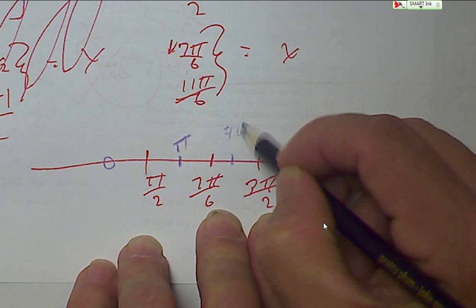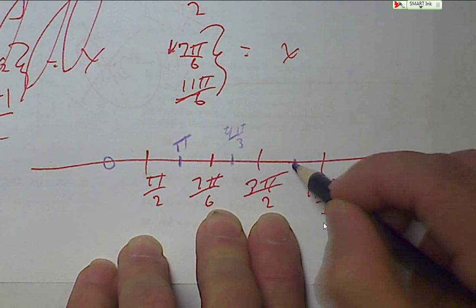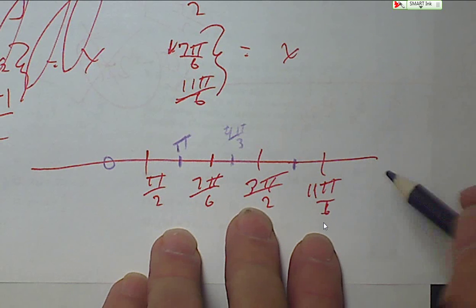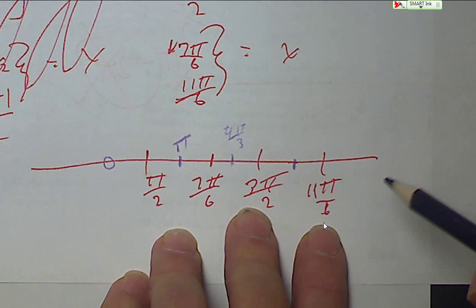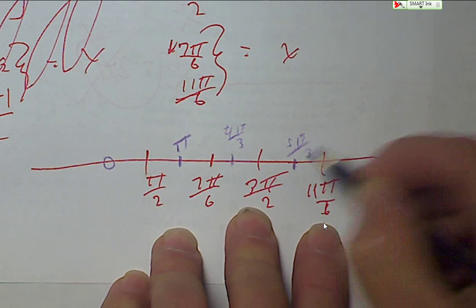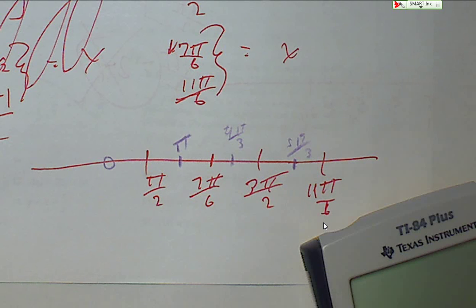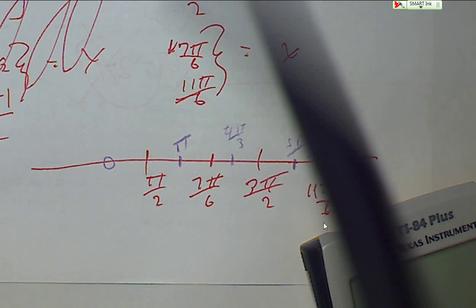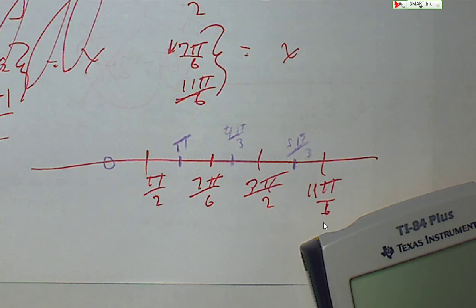4 pi over 3. And then between 3 pi over 2 and so between 9 pi over 6 and 11 pi over 6, 10 pi over 6, which would be 5 pi over 3. And again, this would be a calculator problem because 5 pi over 3. I don't think they would give you that one that hard on the AP test. You could find it. 5 pi over 3 is 1 full trip around. That's 3 pi over 3 and 2 pi over 3 more. So that would be,